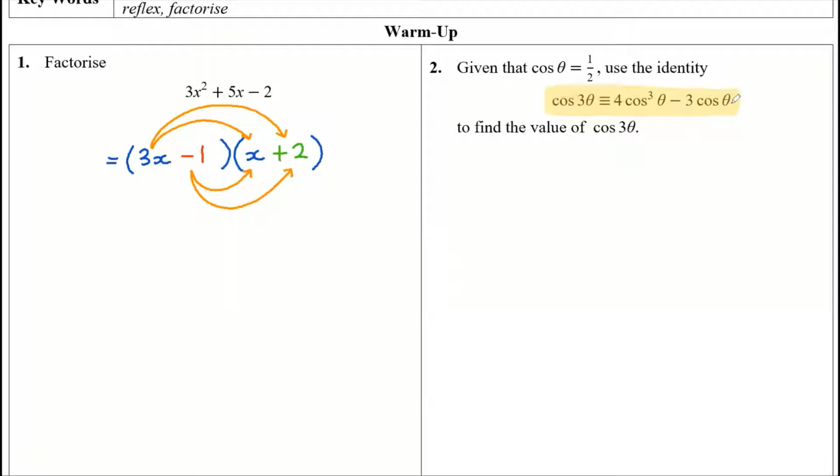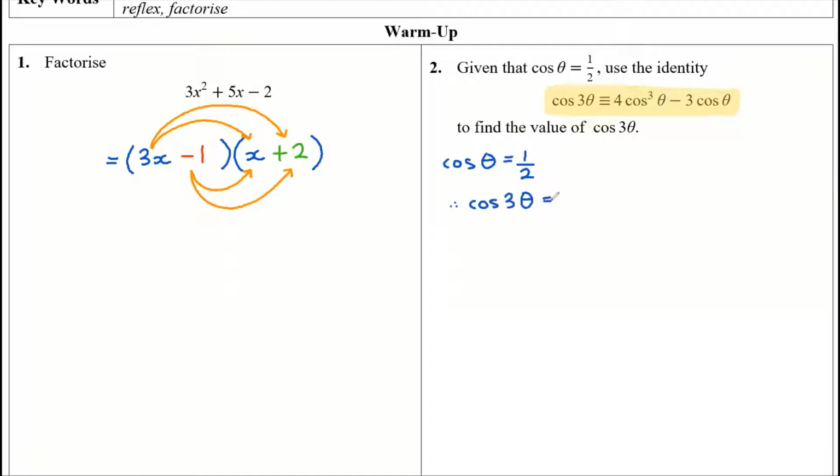Well, it's a substitution, isn't it? So we know, I'll just write it down again, that cos of theta is, of course, 1/2. Notice I'm not interested in finding out theta. That's not the objective. It's just to find out the cosine of 3 theta. Right, so let's use the identity. So therefore, cos of 3 theta